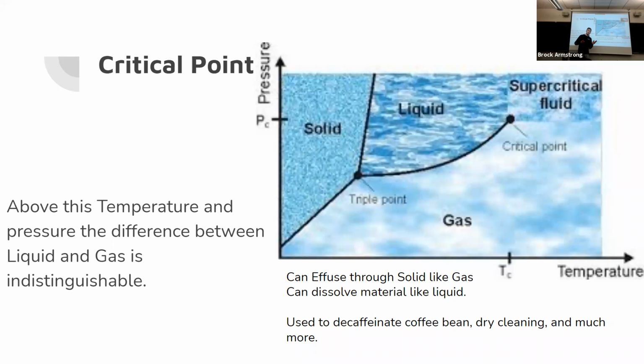So it has properties of both, but it won't fall clearly as a solid, or clearly as a gas, or clearly as a liquid. It will kind of be an in-between state. So it can diffuse through solids like a gas, it will pass through. And it can dissolve material like a liquid. So it's very useful in decaffeinating coffee beans, doing your dry cleaning, and much more,